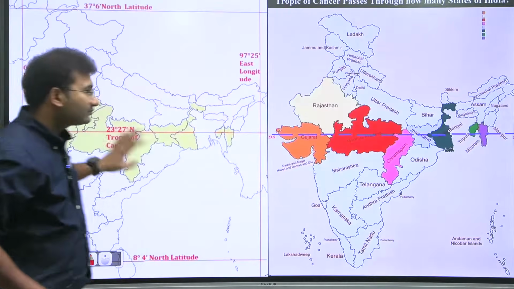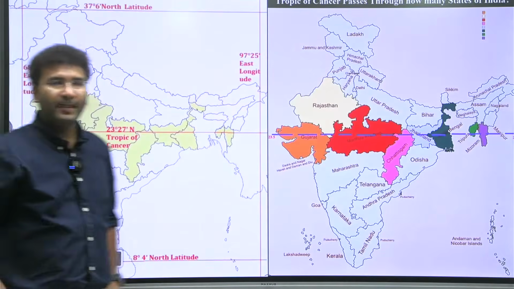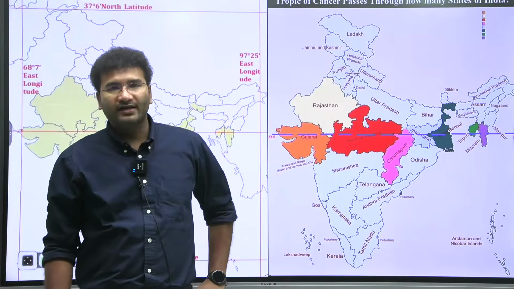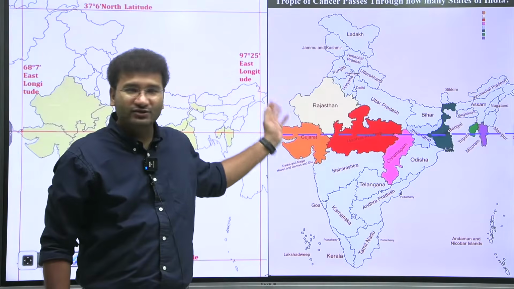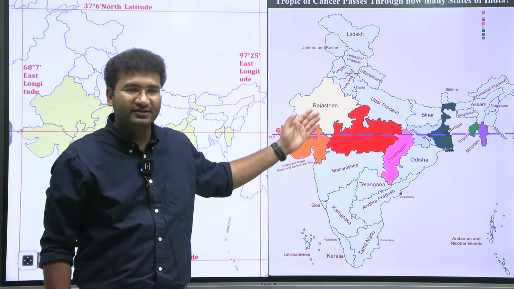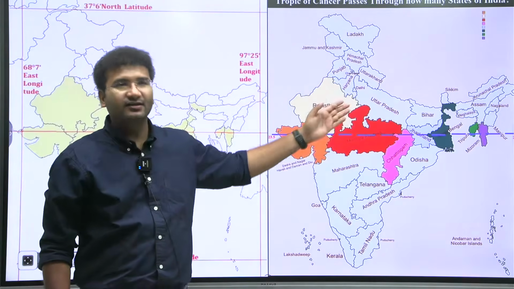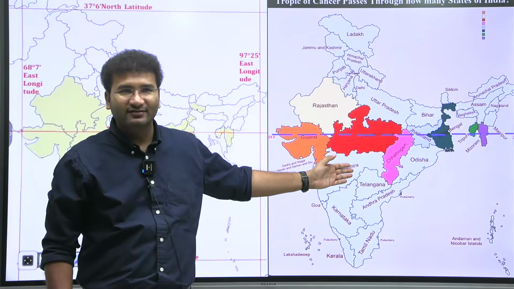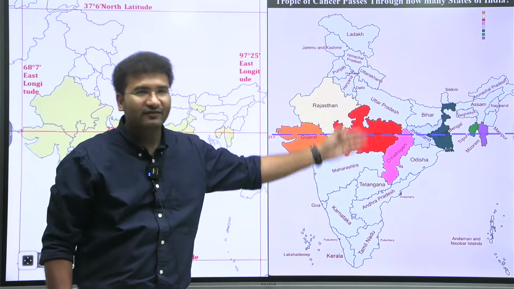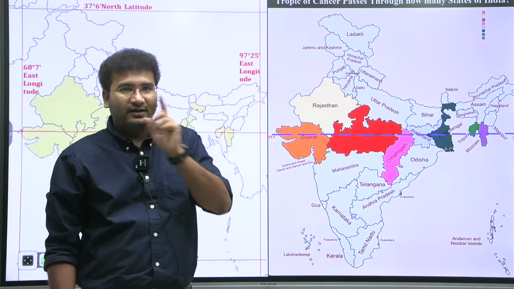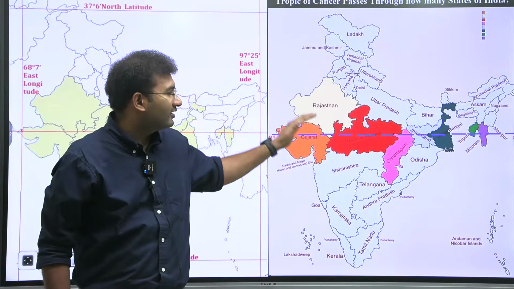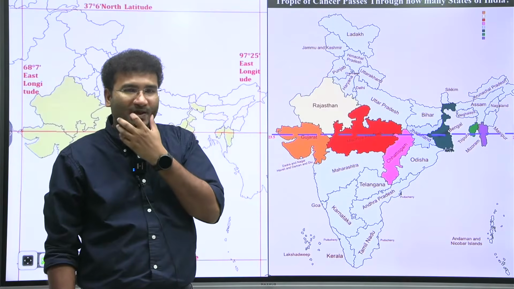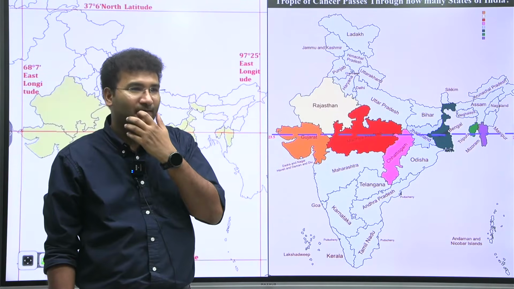Come to the Tropic of Cancer. It passes through 8 states. Name them. Starts from, look and tell me. Gujarat, Rajasthan, Madhya Pradesh, Chhattisgarh, Jharkhand, Odisha is there? No. West Bengal, Tripura, Mizoram. Now look at this and tell me how many of the capitals are present north and how many are present in the south, of the states through which the Tropic of Cancer is passing.